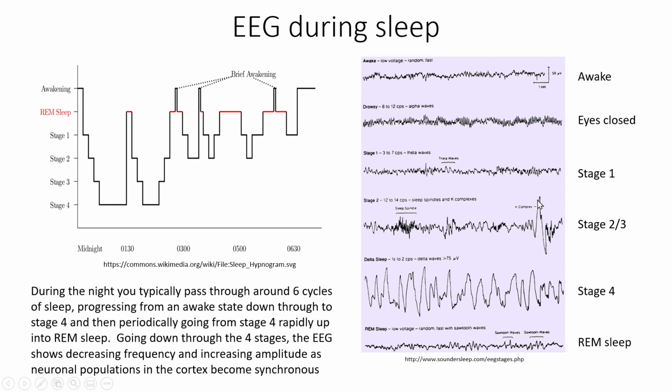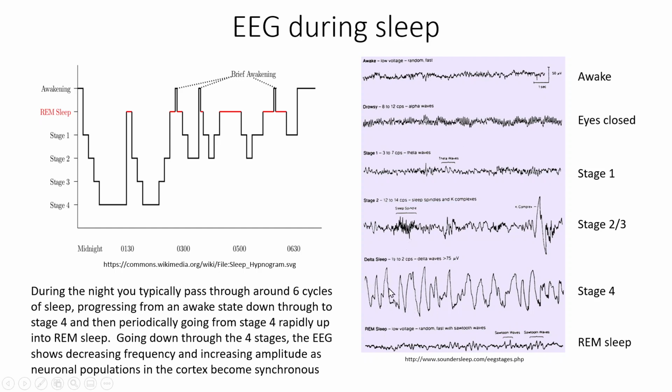Whilst the K complex, these very large, high amplitude but very slow waves, are actually a prelude to what we will see in the deepest or stage 4 of sleep, where we have this slow synchronous activity. So the K complex is a prelude, if you like, to the delta waves that we see in stage 4. And when we get to stage 4, we have very slow frequency activity, only about 1 Hertz, and you can see it's very high amplitude, and these are known as delta waves. And this is slow wave sleep, stage 4 sleep, delta sleep.